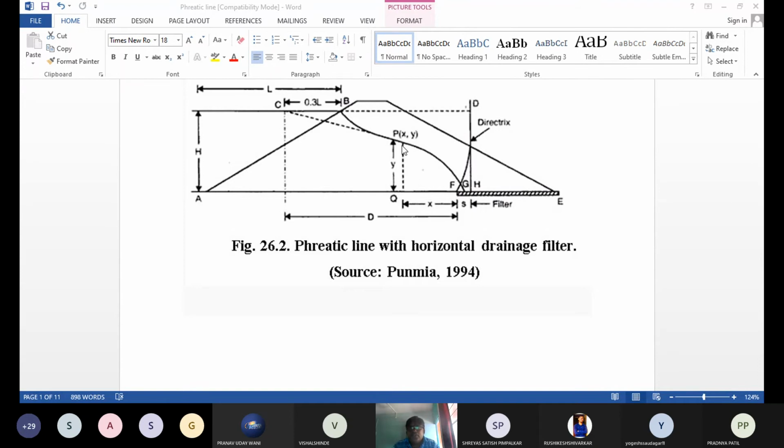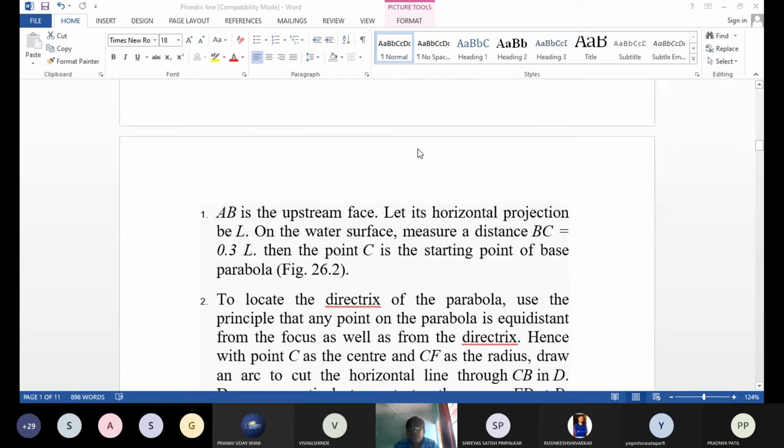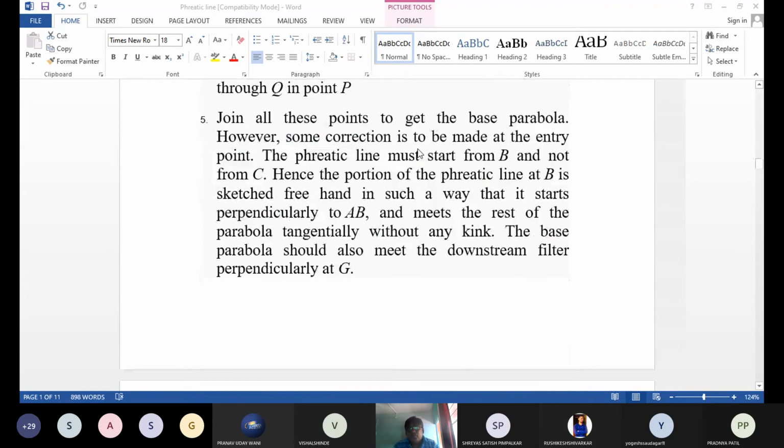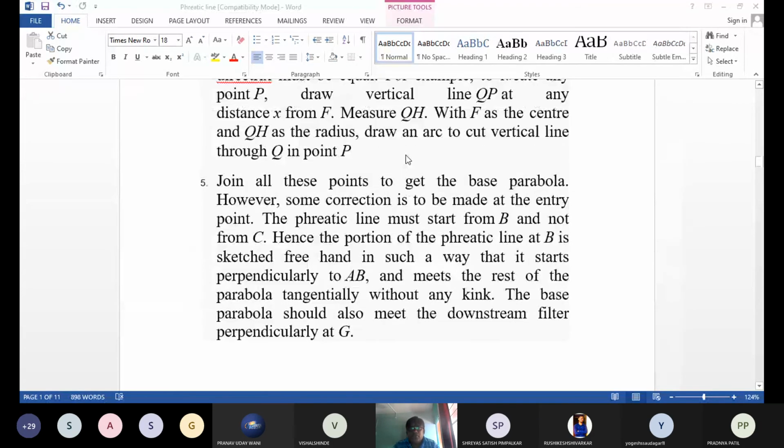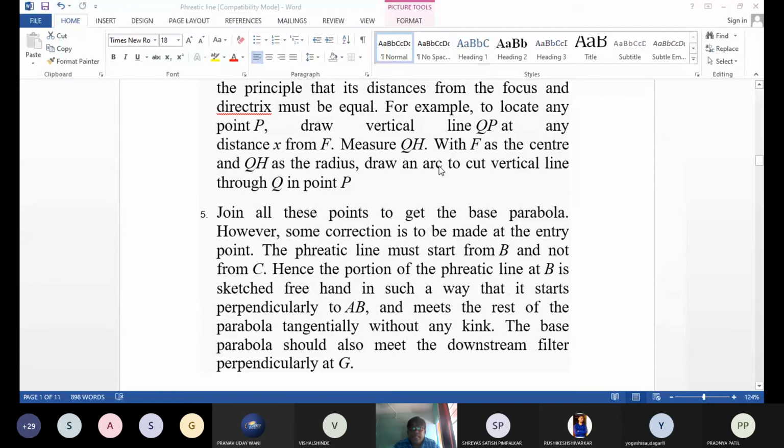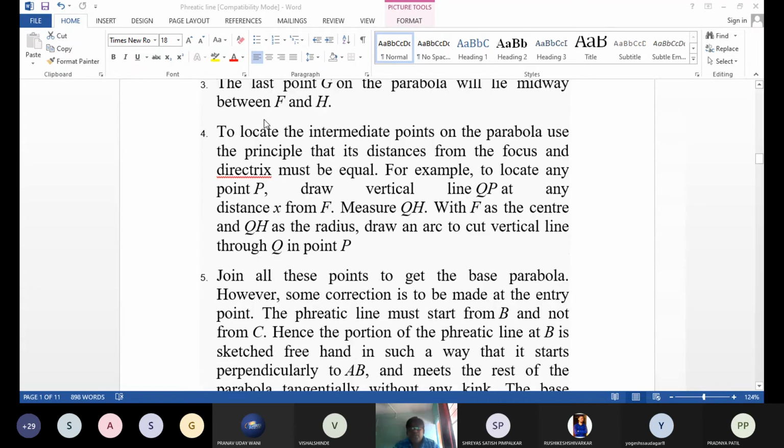If you draw this line, the vertical line is going to be cut at this point P, and draw the perpendicular drop, which will represent the x distance as well as the y distance. So this is the way to find out the intermediate points. You have to carry out this procedure and find out the different points on this phreatic line, so that you can draw a smooth curve, and that will represent the location of the phreatic line. So the simple procedure you carried over there, and you understand.